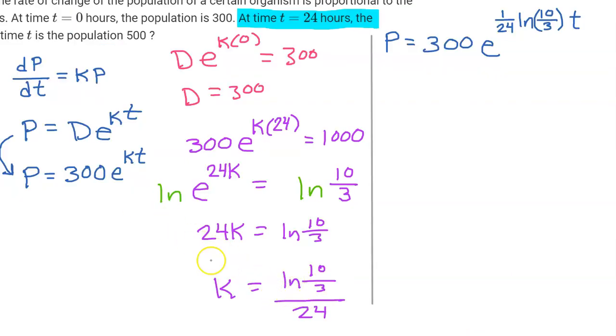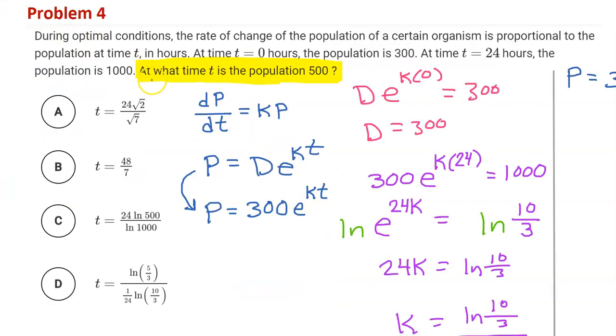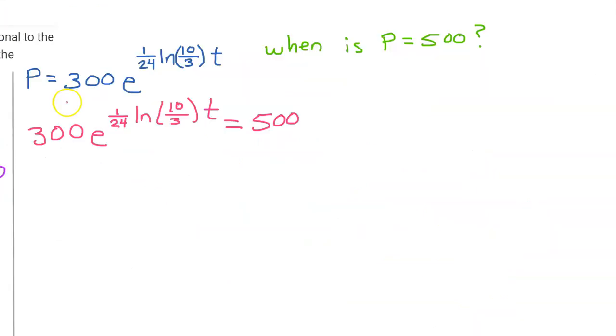Substituting this value of k back into the equation, we get this. Notice instead of putting natural log over 24, I went ahead and just wrote 1/24 in front, which is the same thing. The ultimate question is, at what time t is the population 500? To figure out when the population is equal to 500, let's take our population equation, set it equal to 500,